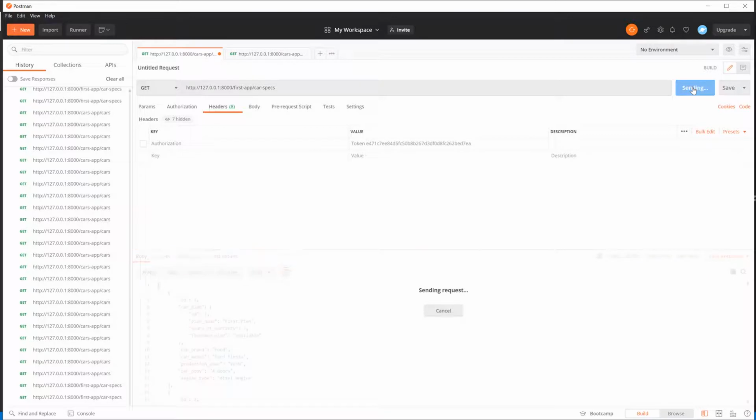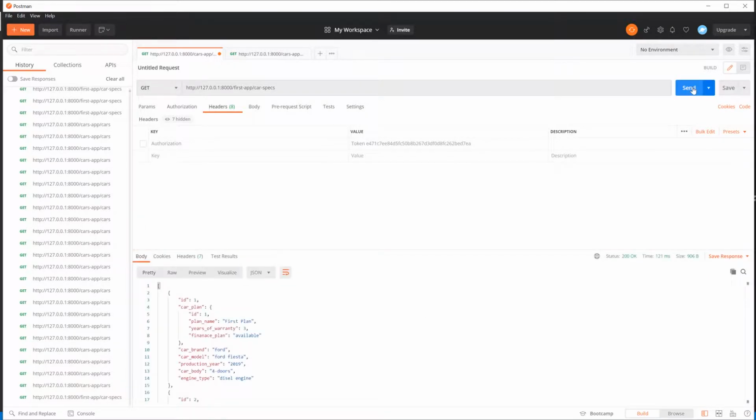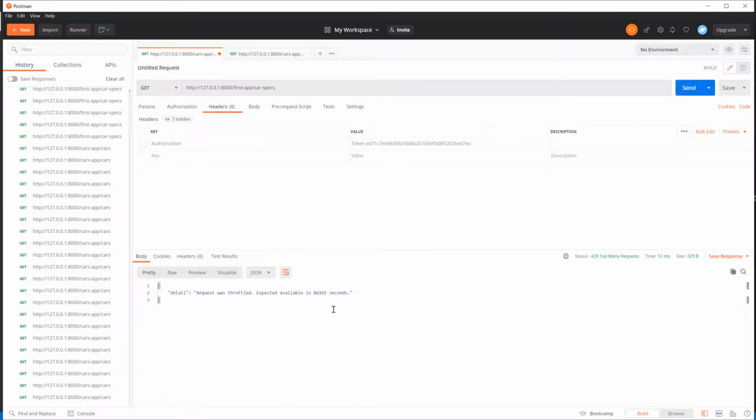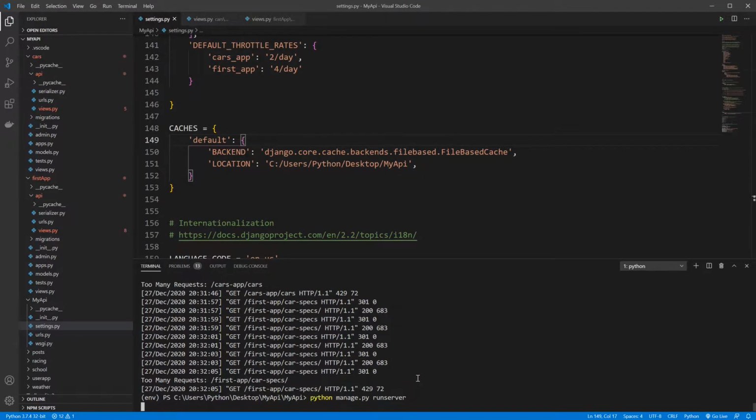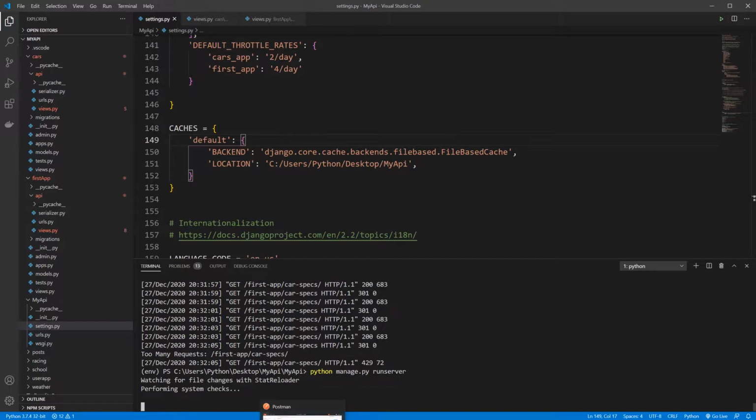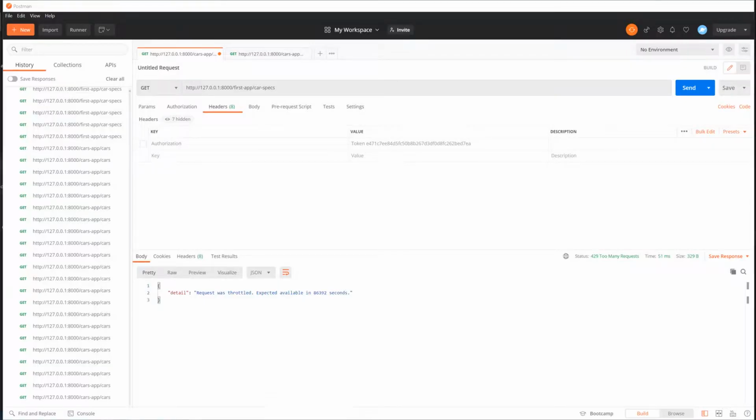So I'm going to perform here 4 GET requests, and now it's throttled. Now I'm going to go to the server, close it, and then run it again, and then I will try to perform a GET request to the API. So if I perform a GET request here, I'll see it's still getting throttled,